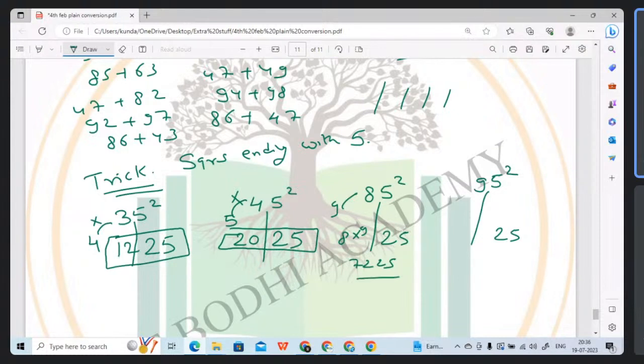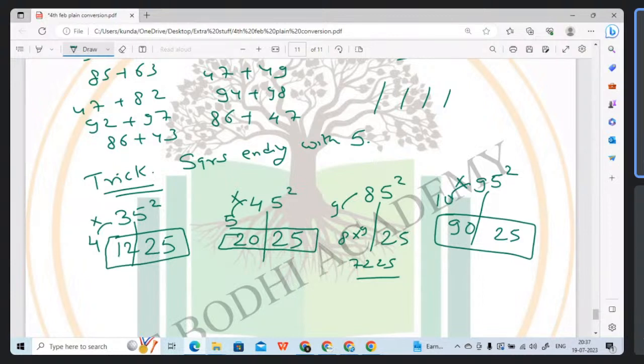दिस इज द आंसर। ओके, तो 95 स्क्वायर, इसका क्या आंसर आएगा, कमेंट बॉक्स में डालिए प्लीज। Just by this technique, जैसा इस टेक्निक में हुआ है। Fast, fast, fast. Okay, so answer of 95 square is 9, 9 के बाद 10। 10 9s are 90. तो आंसर इज 9025। इस तरीके से ये क्वेश्चंस बनाए जाते हैं।